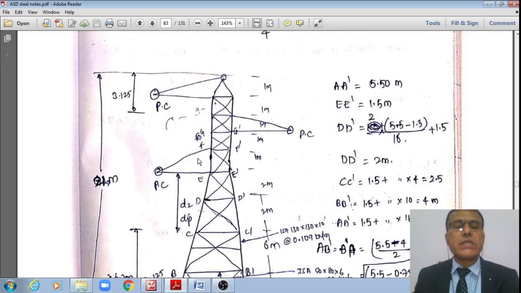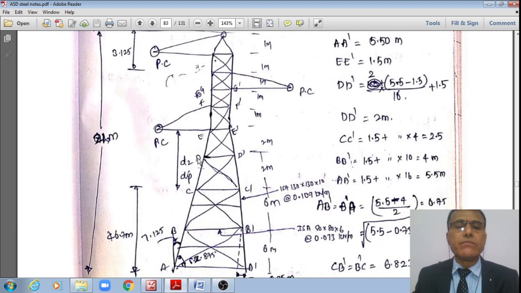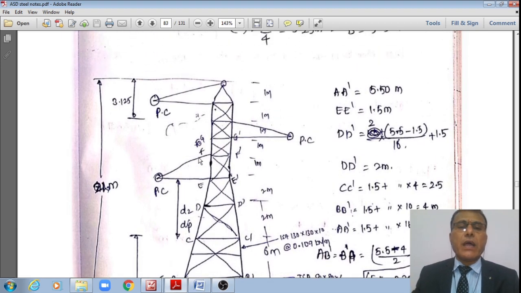Once I know this, what I'm assuming is that I have only 3 power conductors. Therefore, 3 power arms are there, 1, 2, 3, from where the power conductors are connected. If they are tension power conductors, they are connected directly at that location itself. If they are the suspension type, they will be hanging from there, as appropriate.